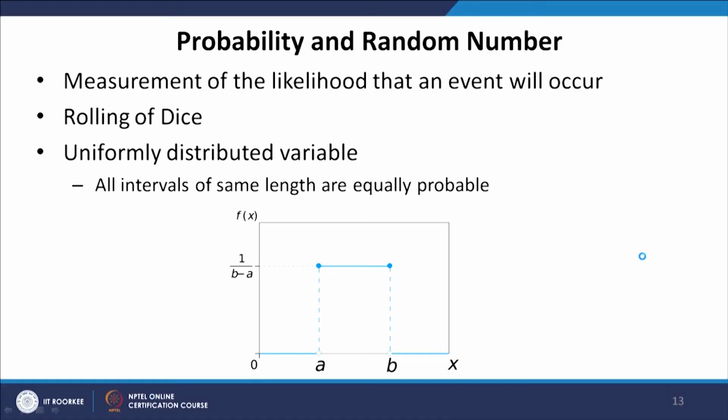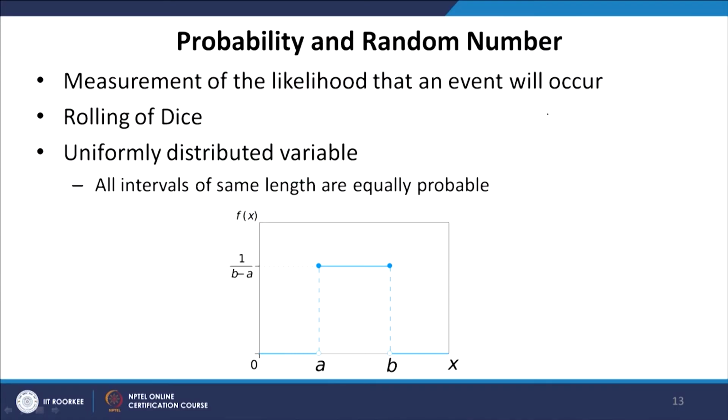All you have to do is define the solution domain, then randomly generate possible solutions, and then find out the exact solution using the conditions applied on the solution domain. We will understand this method with the help of a simple example, but before going to that example, let us look at the basic logic of probability and random numbers, because the Monte Carlo method is based on probability theory and random numbers. Probability is a measure of the likelihood that an event will occur.